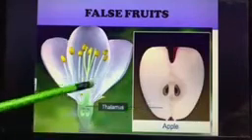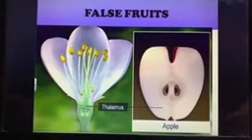First of all we will define what false fruits are. False fruits are those which develop from floral parts other than the ovary. As you all know, the mature or ripened ovary is said to be the fruit, and the ovarian wall is said to be the fruit wall, that is, the pericarp. But it is not always the case that the edible part of the fruit is the ovary. Sometimes many other floral parts are also edible and the fruit develops from that part, right?